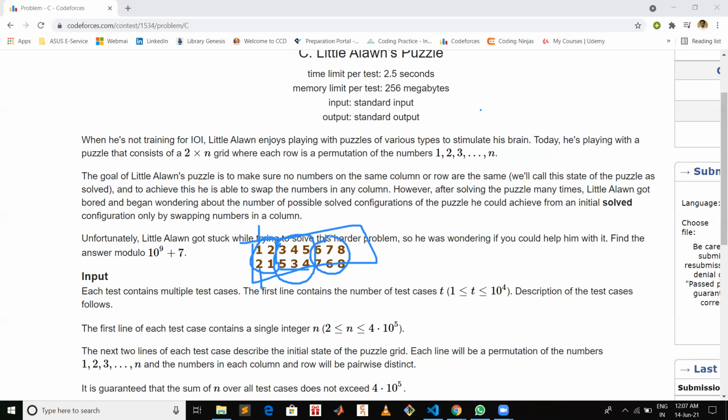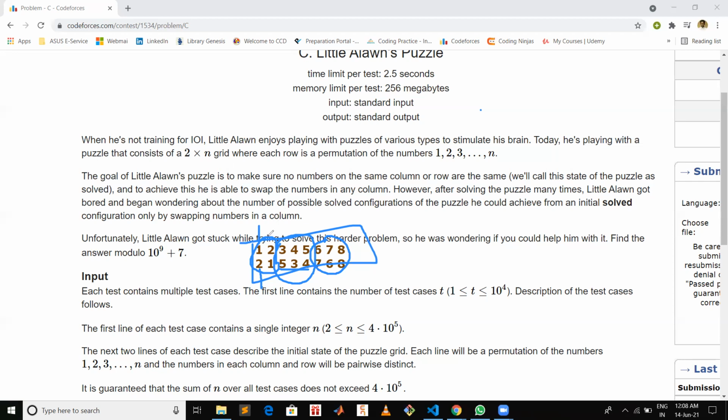So in this problem, you have to identify these different groups so that you can swap all the columns in a group collectively at once to get a different configuration. The main aim is to identify the number of groups.